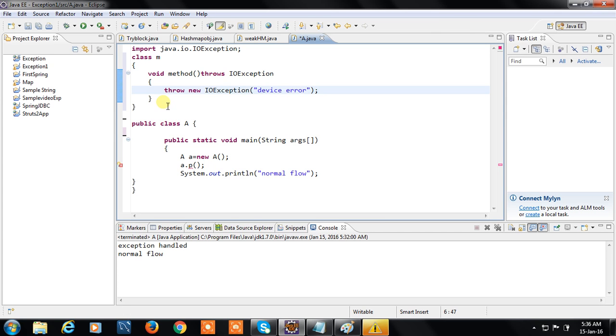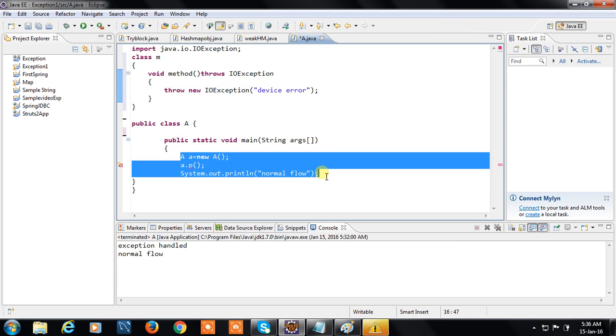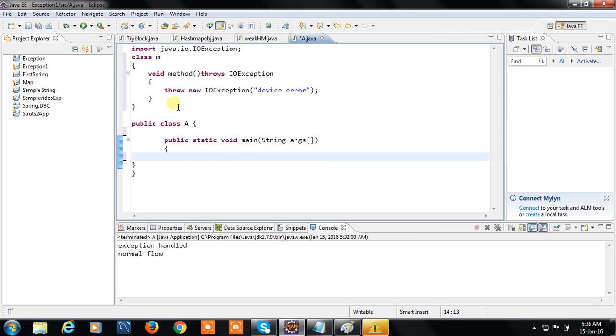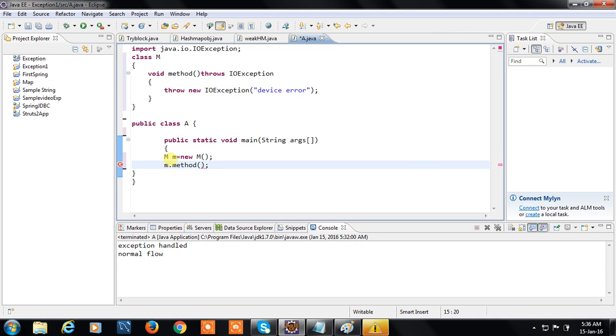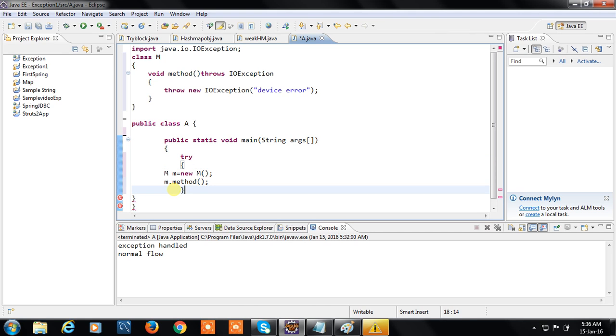And I am calling inside main method by using this class name. I am creating an object here, m equals new M. By this object I am calling this method. Inside try block I am taking this, and in catch exception e